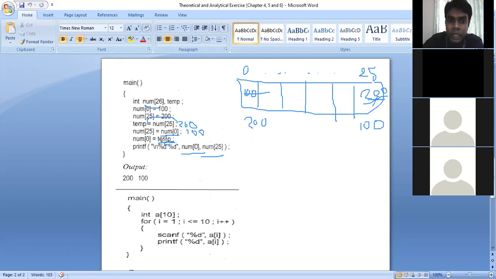Then in the fifth line, we are taking the value of position 0, that means 100, and assigning it inside position 25. Previously it was 200, now we are assigning 100 from position 0. Now the value of position 25 is 100, and in line number 6 we are assigning the value of temporary inside position 0. In num 0 we had 100, now we are assigning 200. This 200 we stored inside the temporary variable.